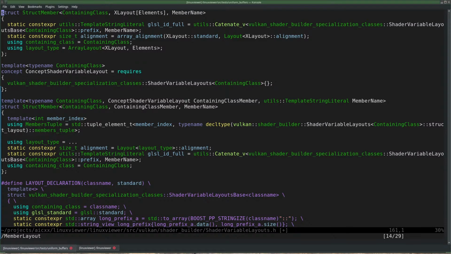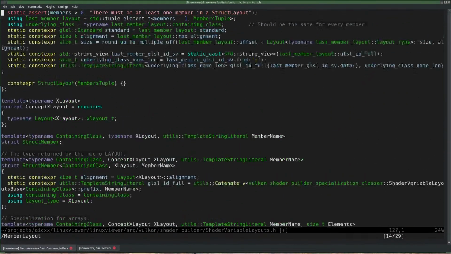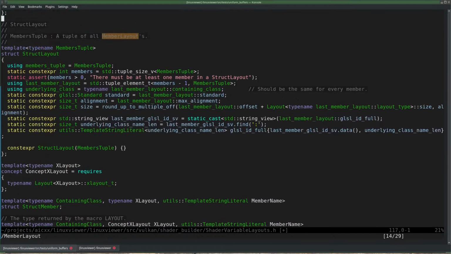Oh, this is struct member. Confused between struct member and struct layout. This struct layout is, yeah, constructed from a tuple. Doesn't contain anything. It just defines the tuple by passing it to the constructor as an instance, but